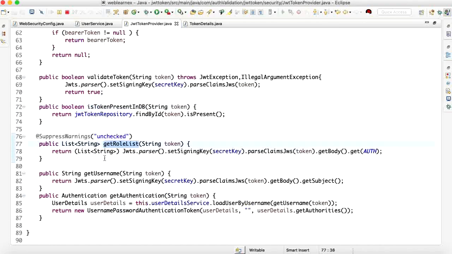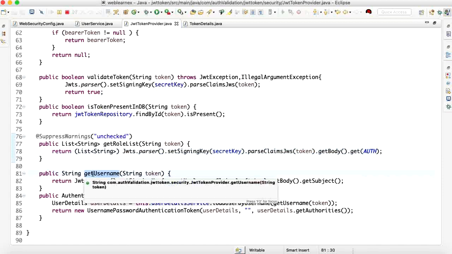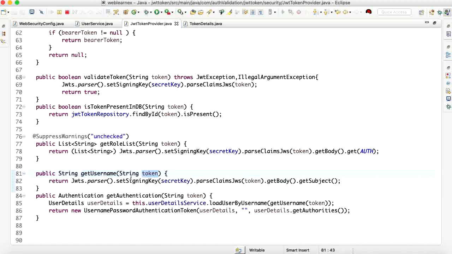This method shows how many roles are granted to that token. If I pass the token, then it will automatically show all the information about the given member, meaning for this token, which member it was provided to and what the persistent role of that member is. And this method shows, if I pass the token information, who the person is for whom this token was provided, so it will show all the person's information. And this method shows the authentication.